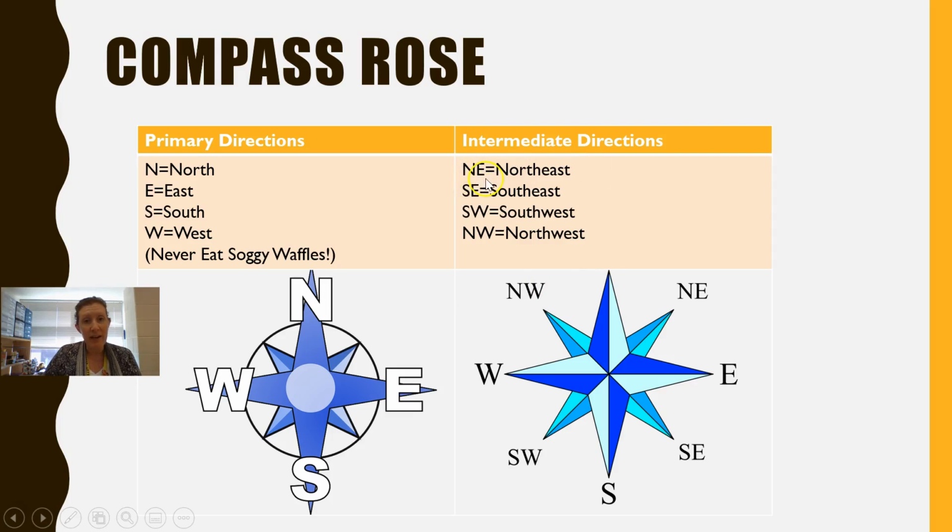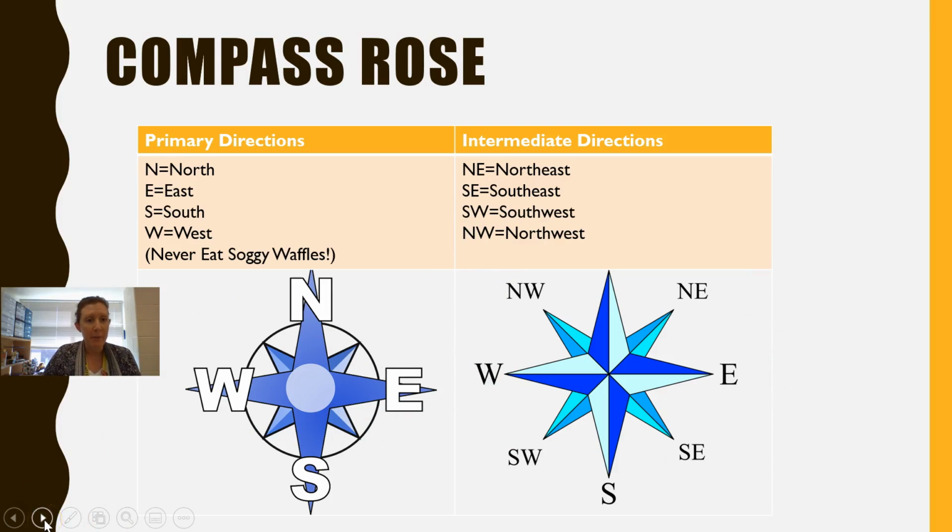And here's the abbreviation for them. NE is northeast, SE southeast, SW southwest, NW northwest. So as we're learning about continents, the oceans, thinking about where things are located and how to describe where things are located, or even how to give directions, using north, east, south, and west, as well as the intermediate directions,